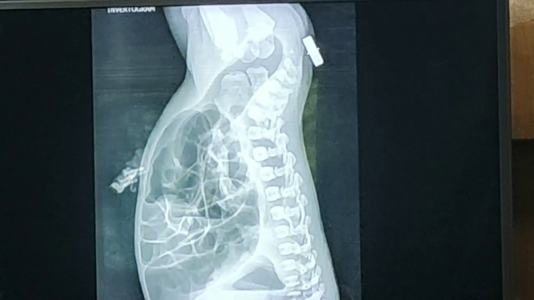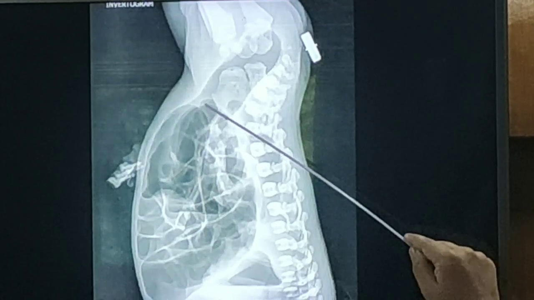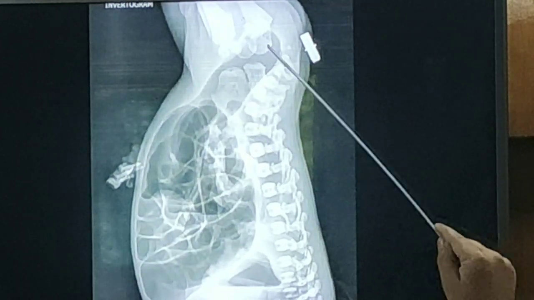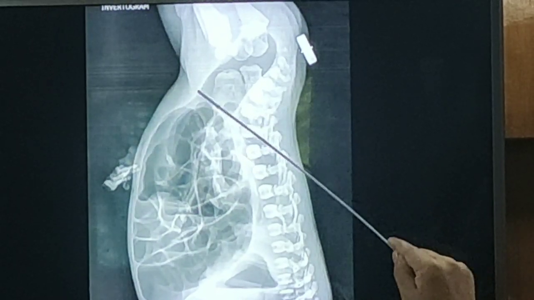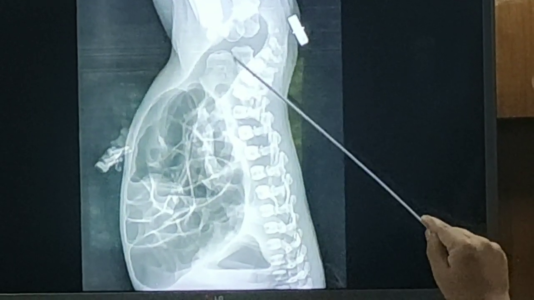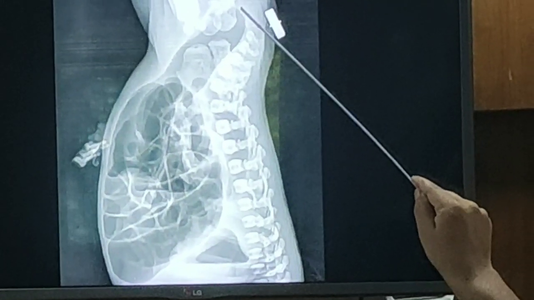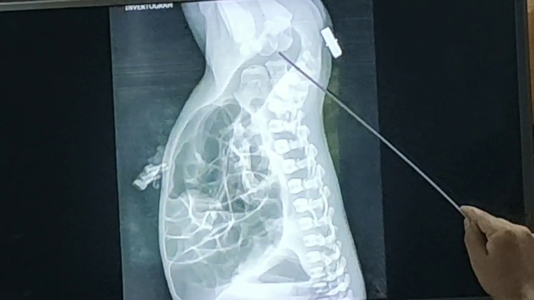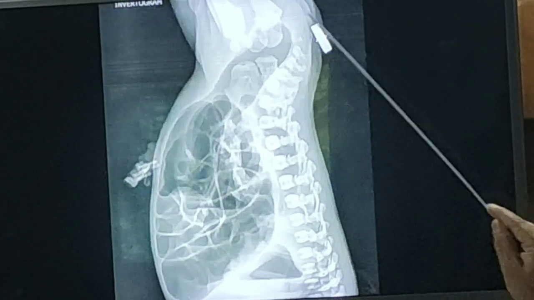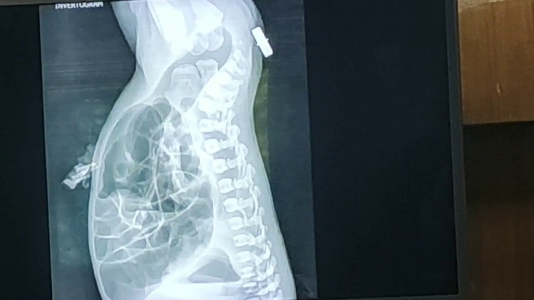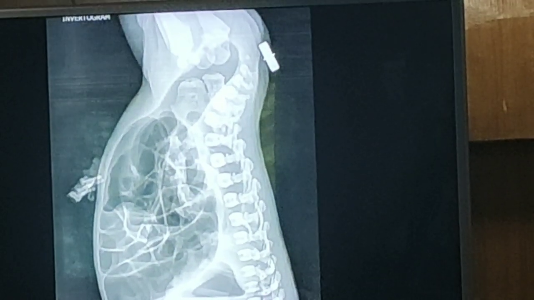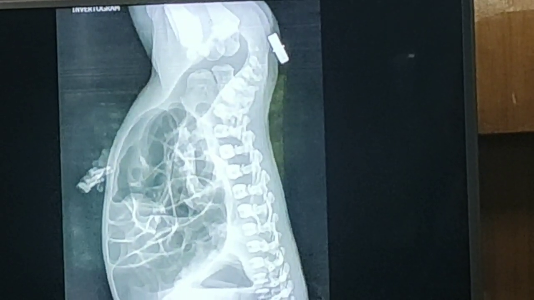The other procedure is that an arbitrary line is drawn from the symphysis pubis to the sacrococcygeal joint. If the gas shadow crosses the line, it is a low anomaly, and if the shadow is above that line, it is a high anomaly. By these two procedures, we can determine whether it is a high or a low anomaly. On the basis of these two, we can plan the operation or further procedure.